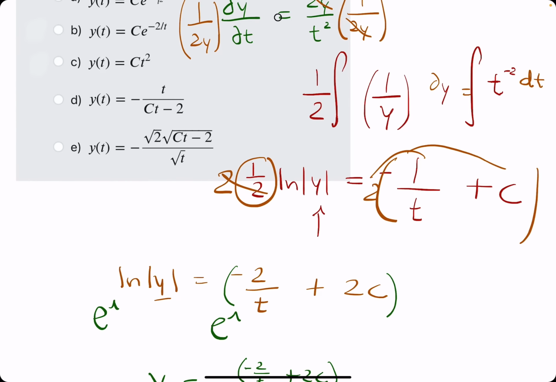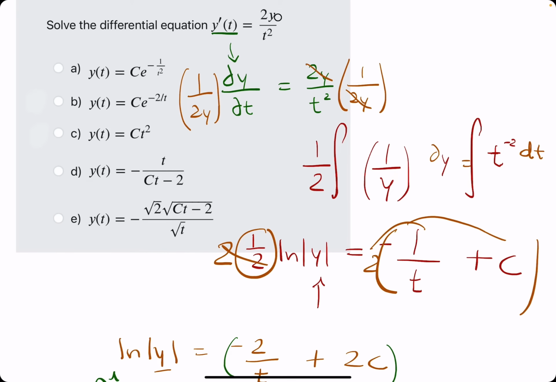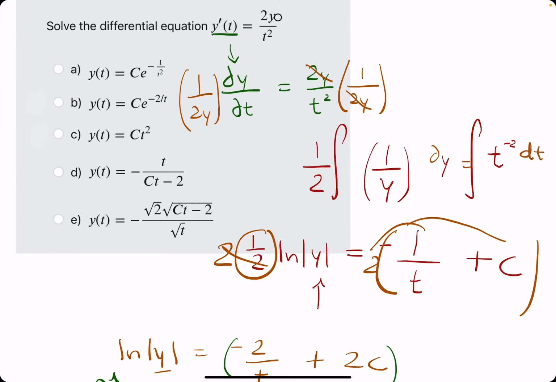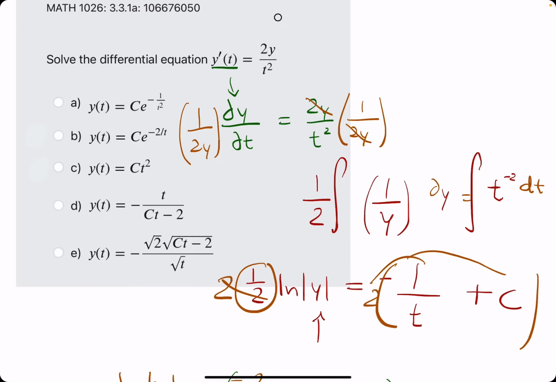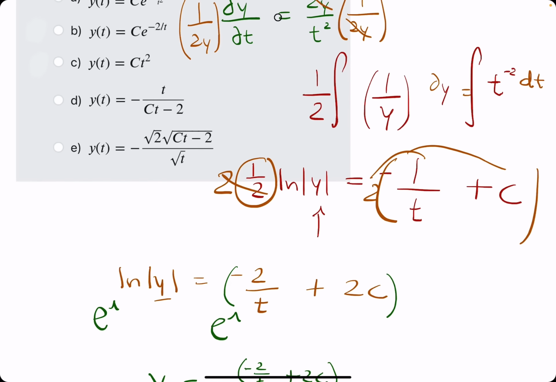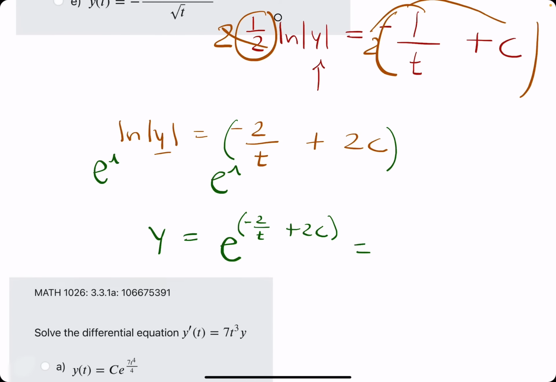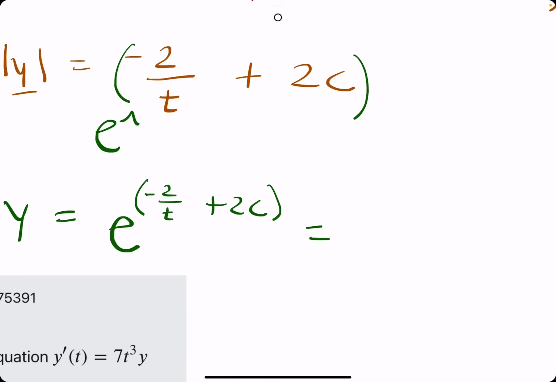So now let's see what options they have for us. Do we see any sort of negative 2 over t within the exponent of e? We do see e to the negative 2 over t in option B. And that's looking like our best answer. So let's talk about what else they did with this. We have